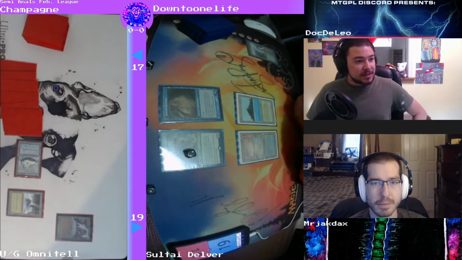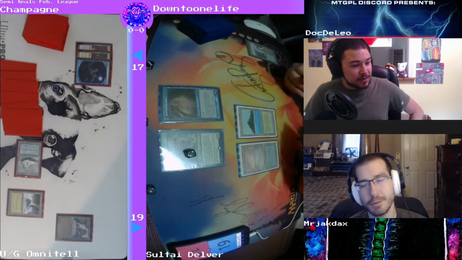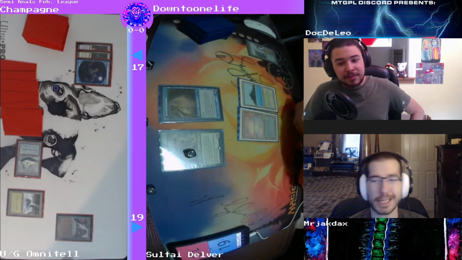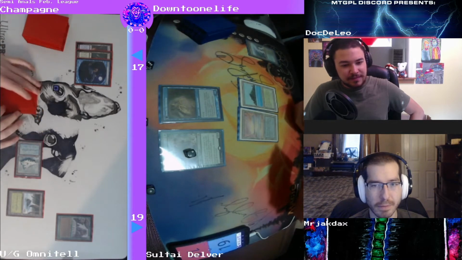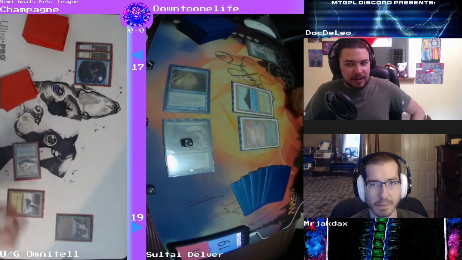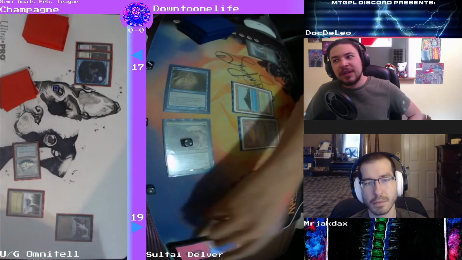The difference is that Down to One Life has this solid clock. Yeah, and really, if you're playing a Delver variant, you're playing a tempo format, so you don't really care that you're down on two lands. That's enough to Daze twice if you need it. Float mana, yeah, of course. Exactly. The Delver shell will live off of that one or two mana easily,